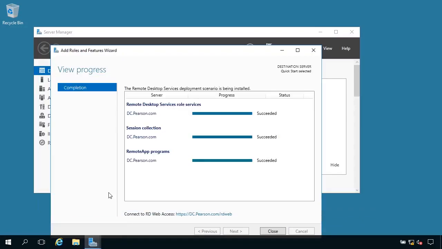Okay, so installation has completed. You can also see down here in the View Progress dialog box the URL for connecting to RD Web Access. It's worth making a note of that. So click Close,